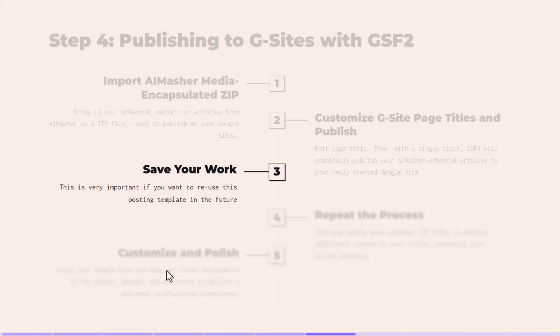Okay, once you do that first batch of sites, and we recommend do 5 to start with, 5 articles. The reason is one, it's going to populate the site, but then that way you'll make sure that everything's running okay. And then we drop in 10 articles or 20 articles next. But before you do that, you want to save your work so that you can use this posting template multiple times throughout the year to post into this Google site.